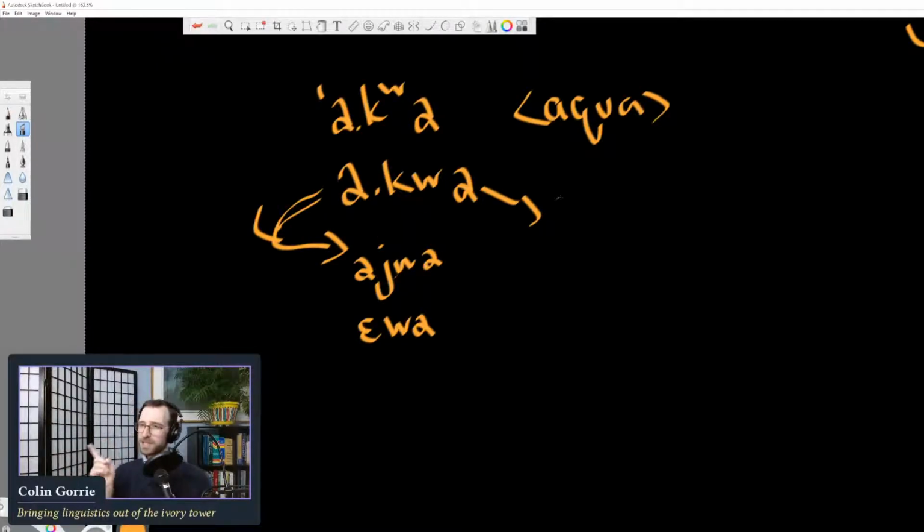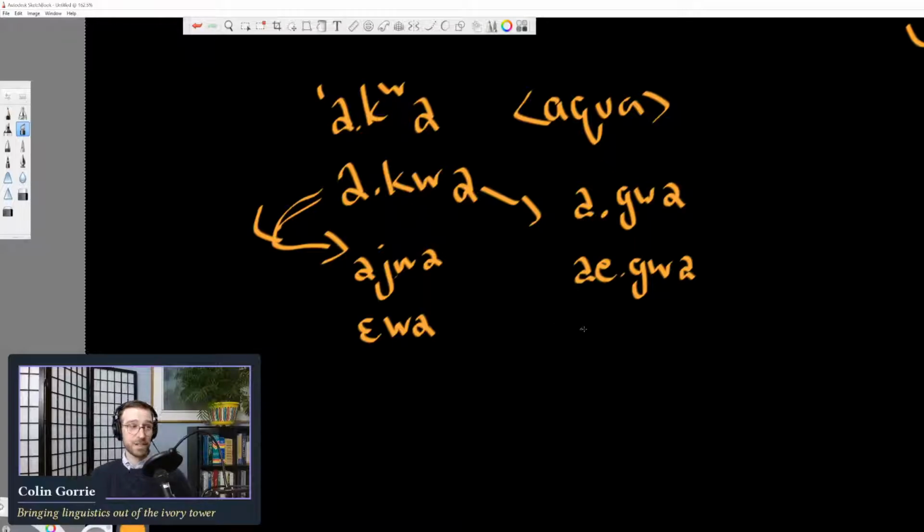But there's another potential route that I found in my research for this, which is that it's possible that instead of turning into a palatal glide like Iwa, we had agua, so we had voicing, this sort of regular lenition that we see of the voiceless velar stop is going to voice to agua, and then we are going to have this a, which is now in an open syllable, so no consonant after it in the same syllable. This period represents the syllable boundary here. It's going to diphthongize to aegua,